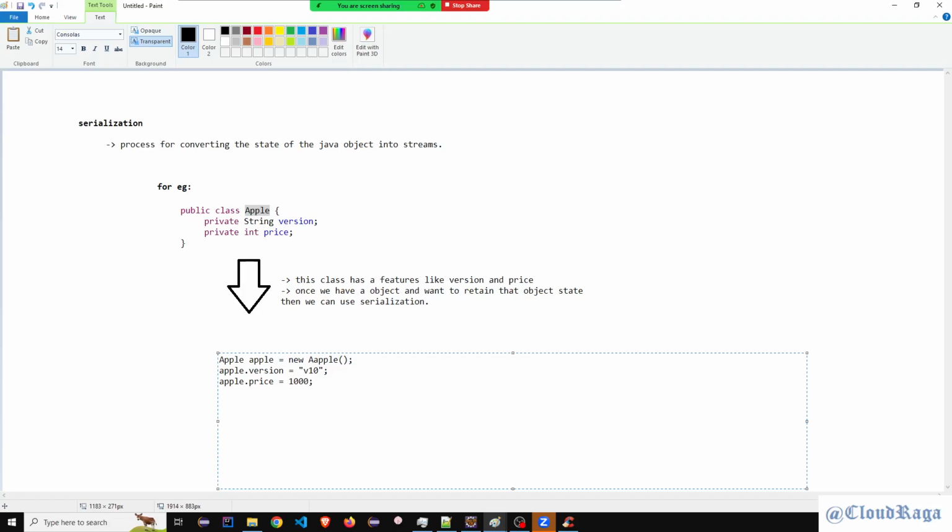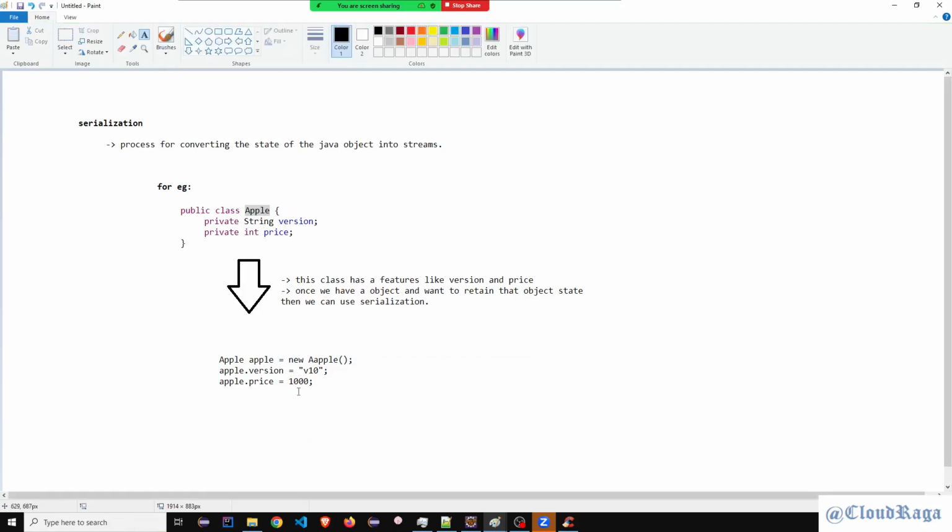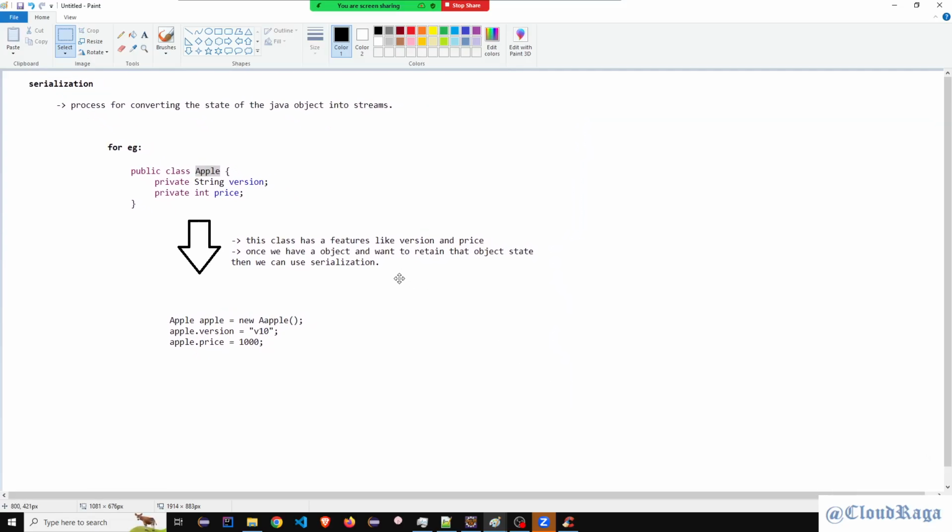So now we have a state of this object, version and price. Now idea is I want to send this object over to the network. हम जावा के ऑब्जेक्ट को कहीं सेंड करना चाह रहे हैं मे बी।